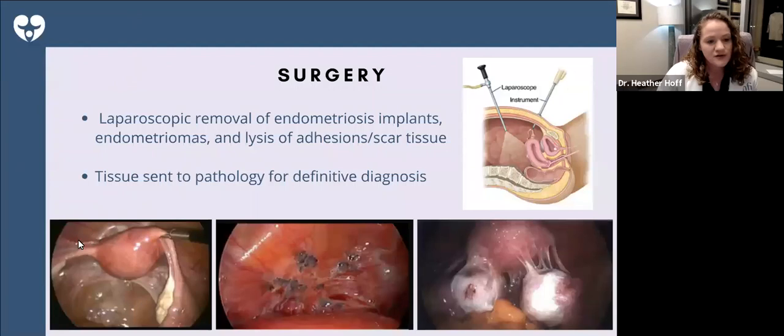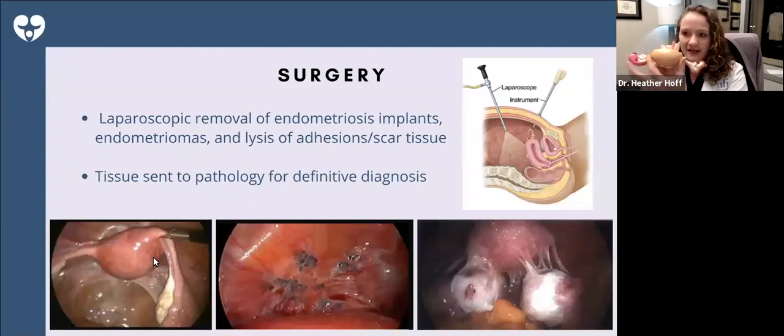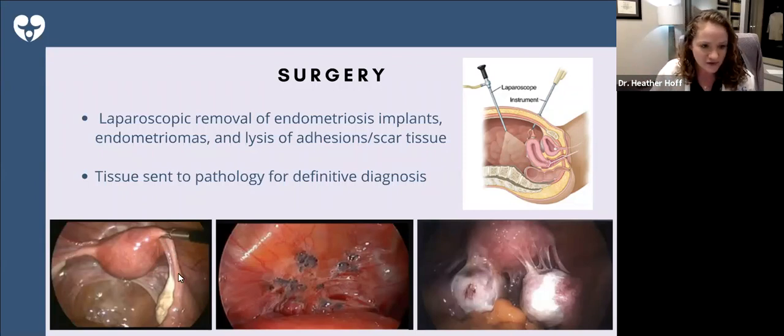To show you the pictures here, this is actually the picture of a normal pelvis. And so this is the top of the uterus. I'm going to use my little uterine model here to kind of show you, but this is the view that we're getting with that picture there. And then you can see, if you look at this picture, the fallopian tubes go down on either side. The ovary is here. And when you look at the wall, it's nice and shiny and clean.